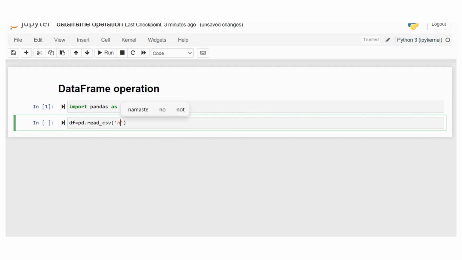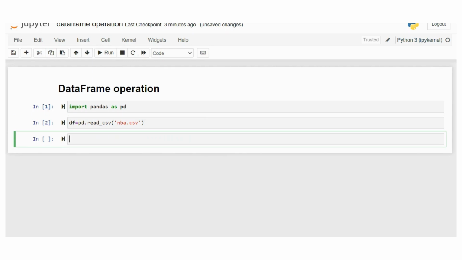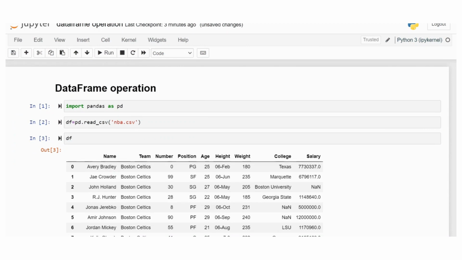My data frame name is nba.csv, and print the data frame now.